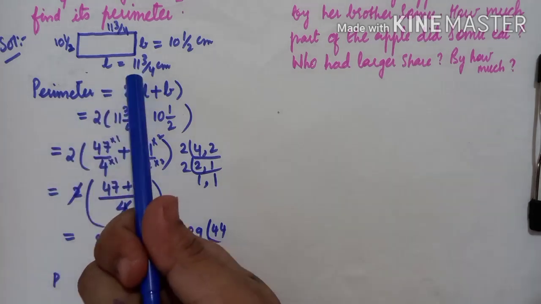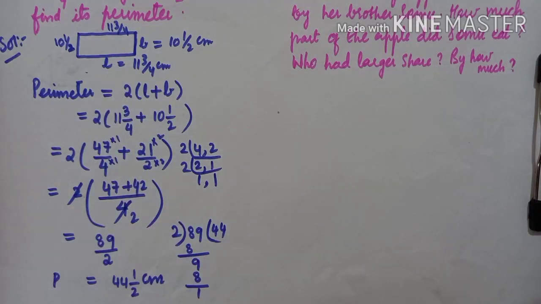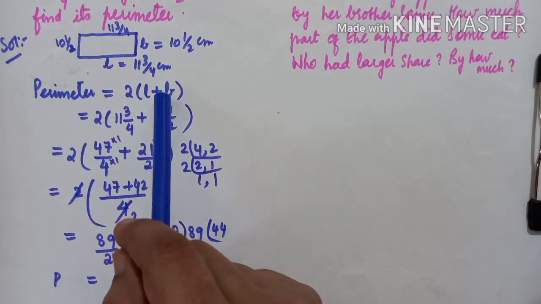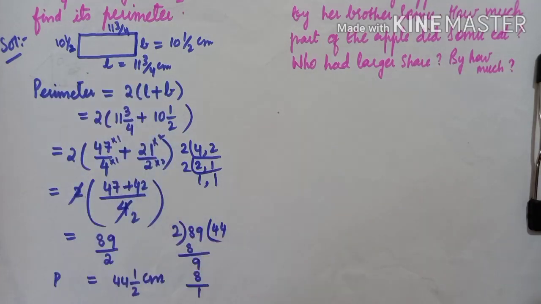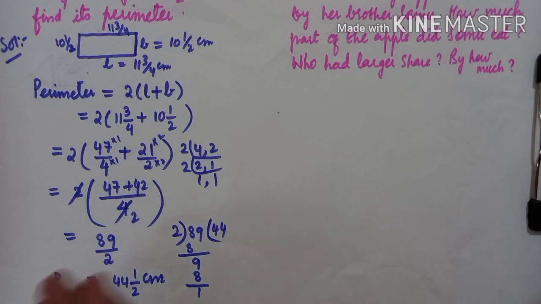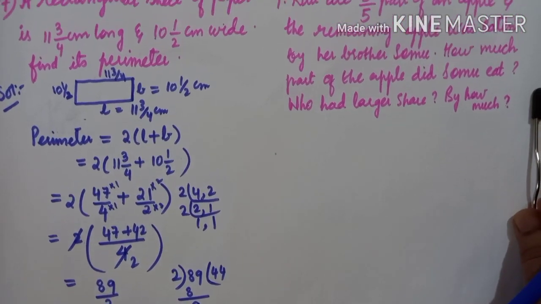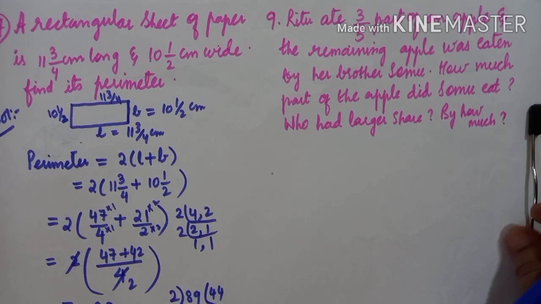Not only in this figure, but in any figure you just have to add up all the sides. Here we have taken the formula. Okay, but in your next question, a triangle is there, one figure is given in which a triangle and a rectangle are there. Separately you can take the triangle and rectangle, and find the perimeter in this way only. Okay, so now let us go to the ninth question.